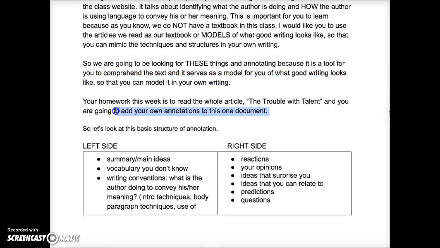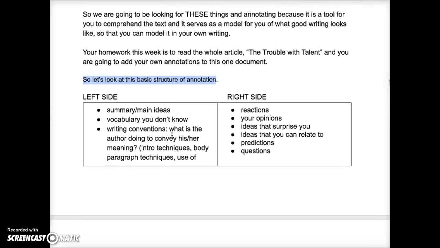So you know your homework is to read the whole article of the Trouble with Talent and add your annotations to one document, and I'm going to flip over to that in just a minute, but I just want to explain what the basic structure of annotation looks like. So on the left side,